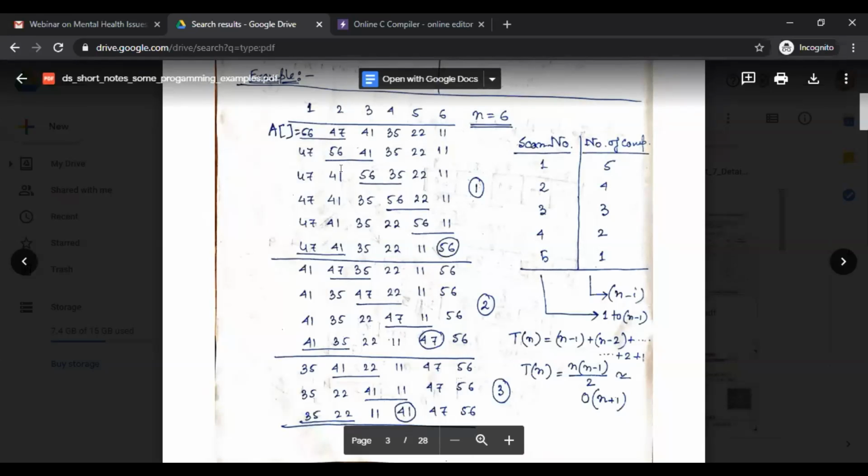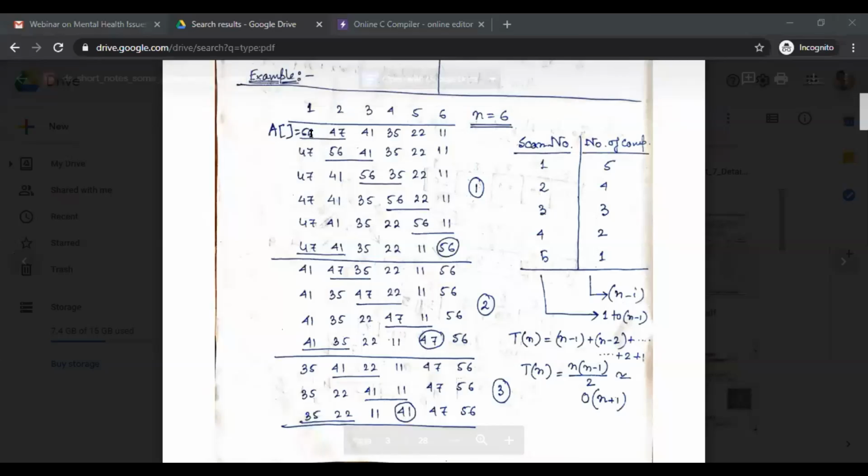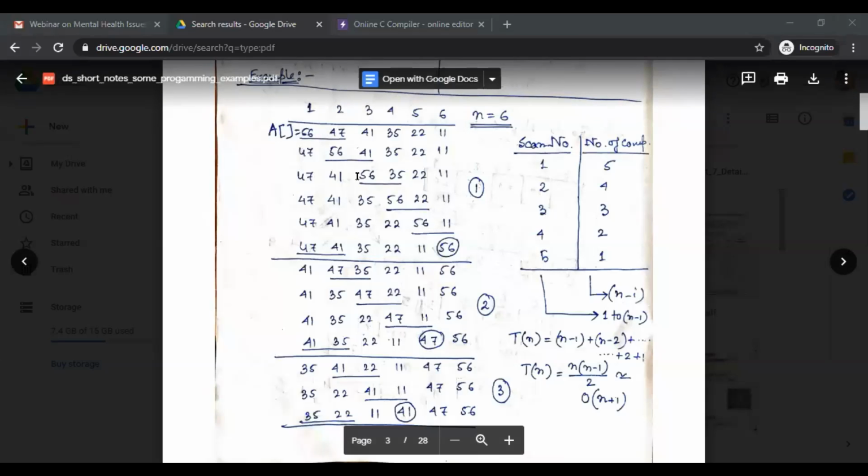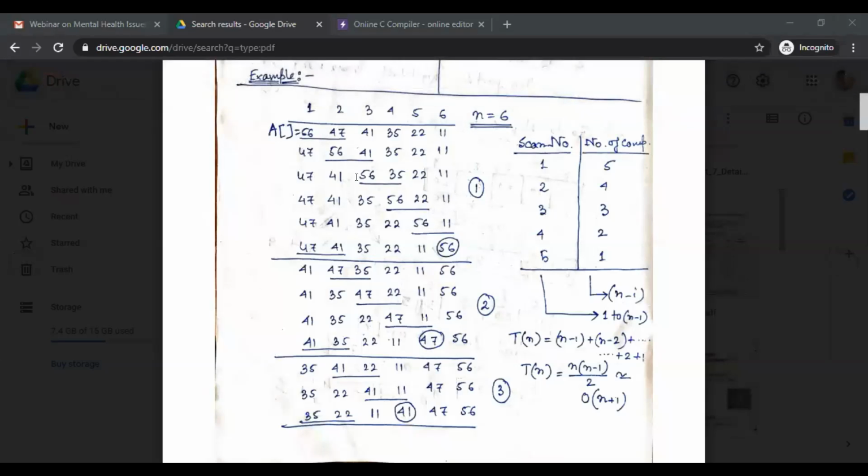So in the first pass, we have to check A0 and A1 first. A0 is greater than A1. That's why we interchange the values of 56 and 47, not interchange the value, actually interchange the value of the position. So 56 moves to the A1 position and 47 moves to the A0 position.